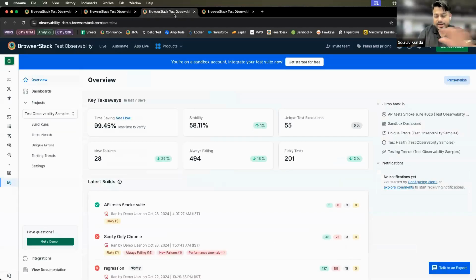You don't even have to sign up for it. No sign up needed, no money needed, nothing. You can just go and explore it. And you can explore the entire product through the sandbox. I can do the demo on the sandbox as well, but